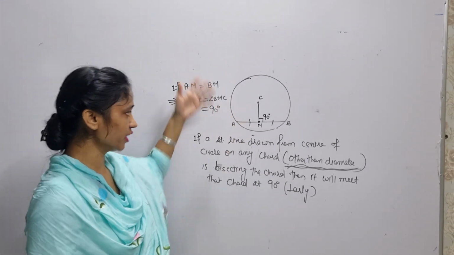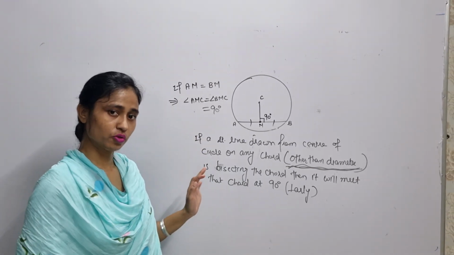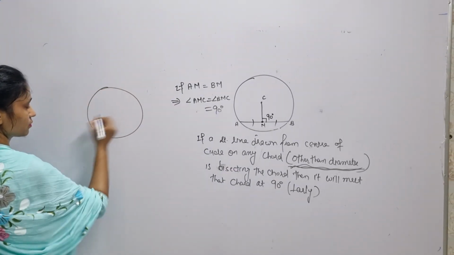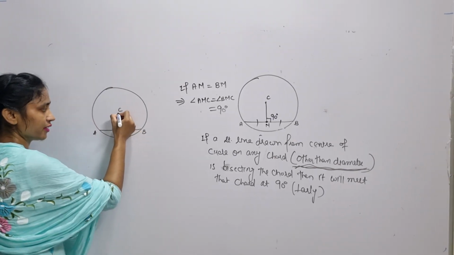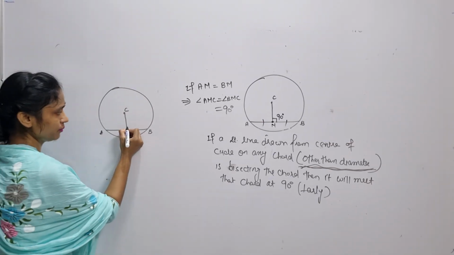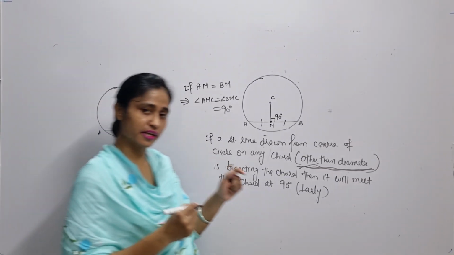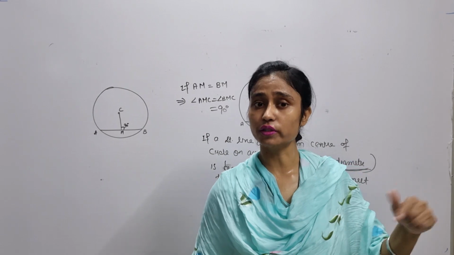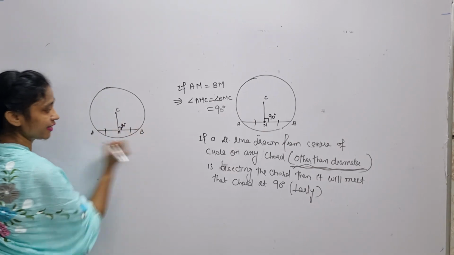Now, similarly, as we have done in the previous result, its converse is also true. इसका उल्टा भी होल्ड होगा। उल्टा कैसे? अगर ये एक सर्कल है, this is the center of the circle, this is the chord of the circle. If it is given that straight line drawn from the center of the circle on the chord is perpendicular, if straight line drawn from the center of the circle, okay, is perpendicular to any chord other than the diameter, if it is given that it is of 90 degree, means that line will bisect the chord.